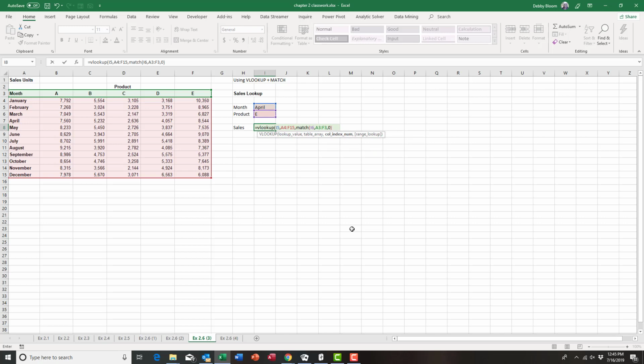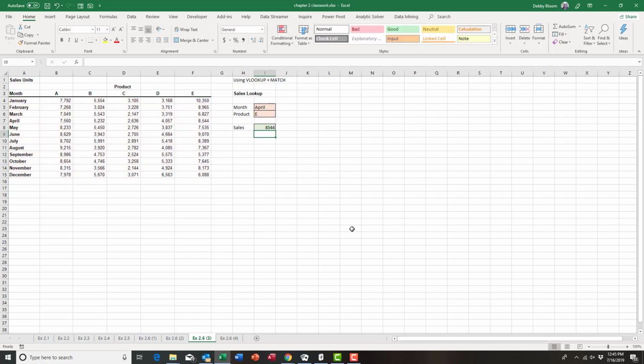Then we're going to type a comma, and then we're going to type the word FALSE to make sure that we get an exact match for the VLOOKUP. Close up the parentheses for the VLOOKUP, hit enter, and we get 8544, just like we did before. Change the product to C, 2636, change the month to June, 2705. It seems to work. So I'll go back to April